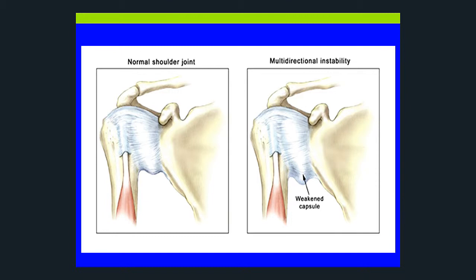So, if we do multidirectional instability, we try some physical therapy, it didn't get them better, we're going to tighten up these ligaments. We know how to tighten them up, it's pretty straightforward. We know how to tension them, pretty straightforward. They're usually young, healthy people. You know, so healing should be a predictable occurrence. The problem is the body is hardwired for this much capsular laxity, so they stretch out,